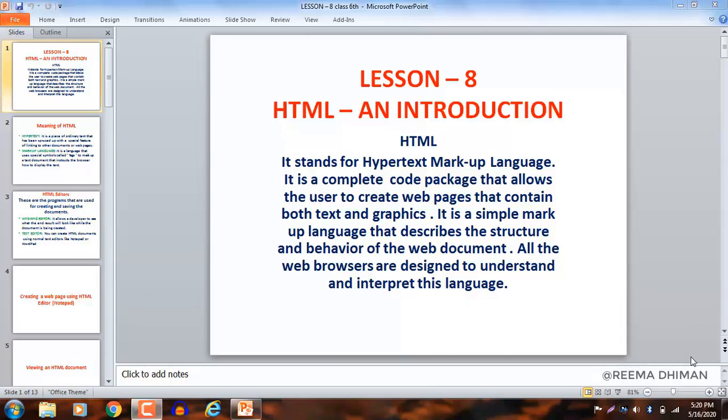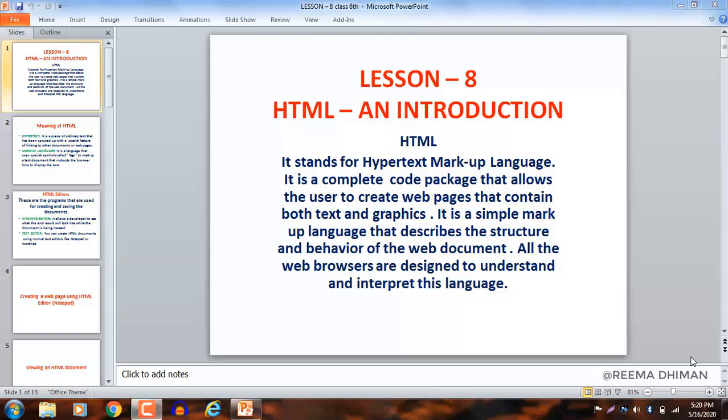So let's start it. As you all know, internet as an emerging technology has become a vital part of our life. It is the largest information base and has changed the world economy as well as the society. Internet is a network of millions of computers which are connected to each other to share information and resources.